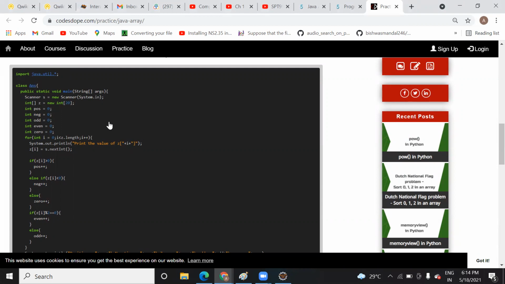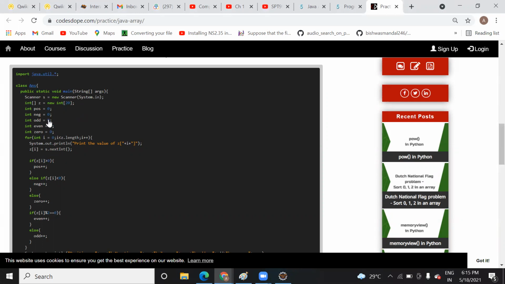Okay. So as I have explained in the last program, inside this class, inside the main method, you need to declare the array first, right? And how are you going to declare it? You need to write Scanner as new Scanner(System.in). Why do you need to write it? Because you are going to accept all the input from the input device, from the keyboard, and that is the reason we are writing it.